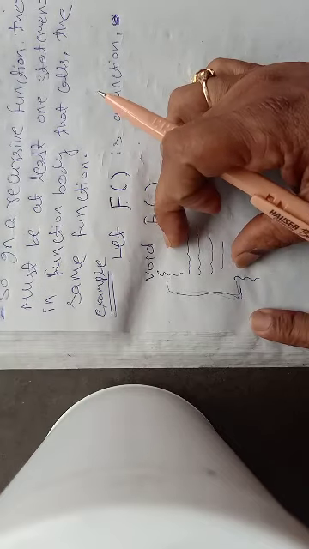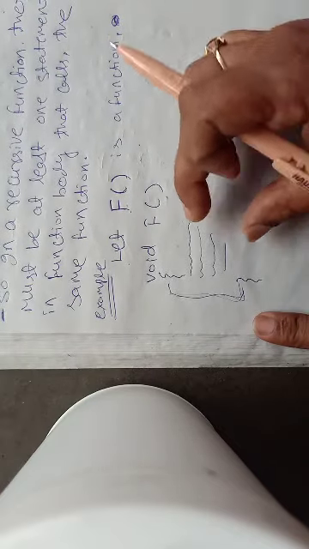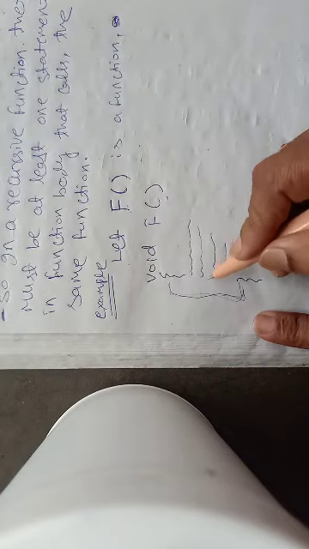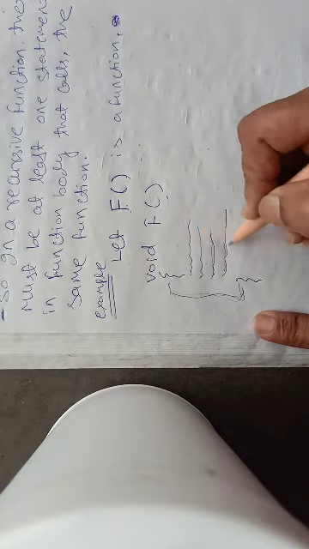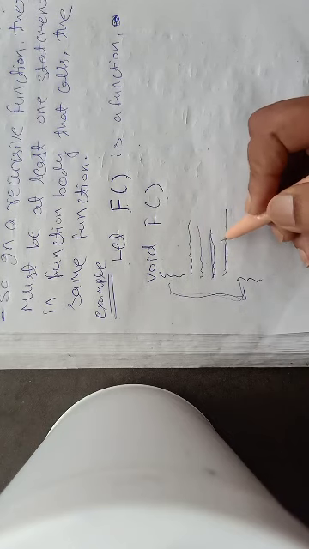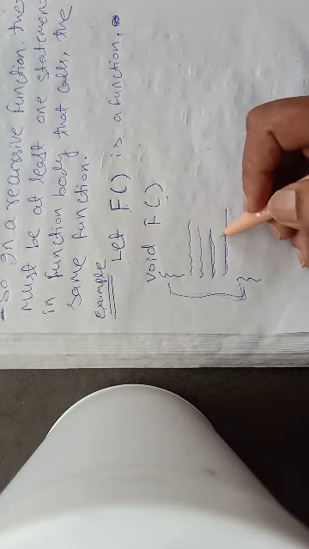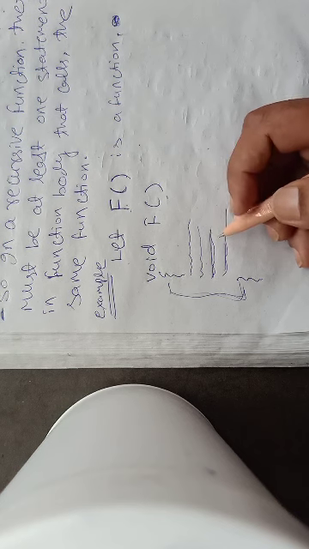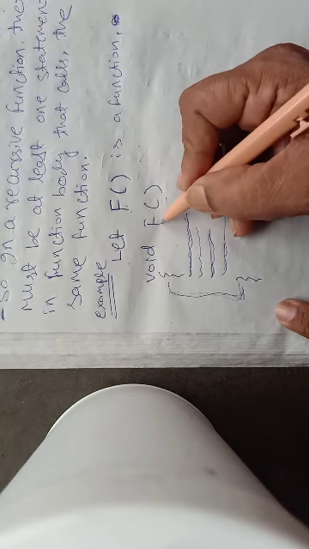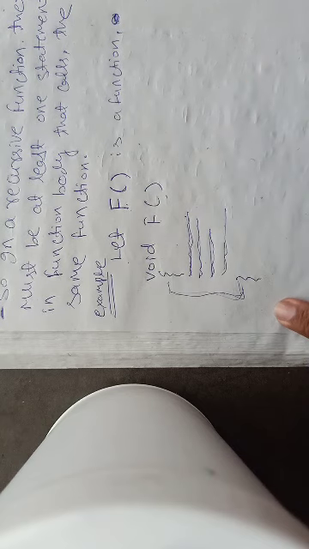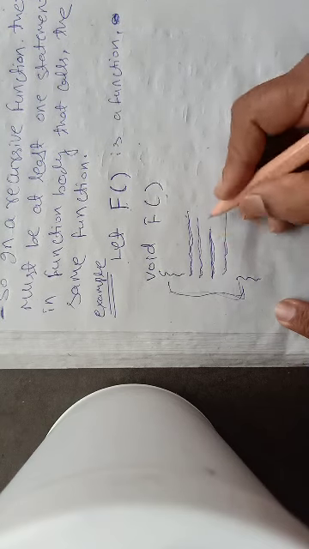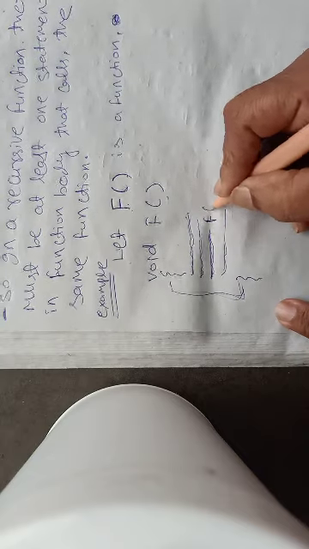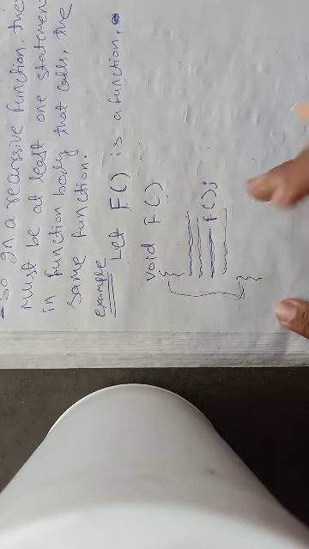Now this function can be called a recursive function if within the body, when we write instructions, at least one instruction makes a call to the same function again. Suppose this is my first instruction of the function f, this one is the second instruction, and in the third line, instead of writing any instruction, I have written f once again, and then given a semicolon. This is in C language. So this is a call.